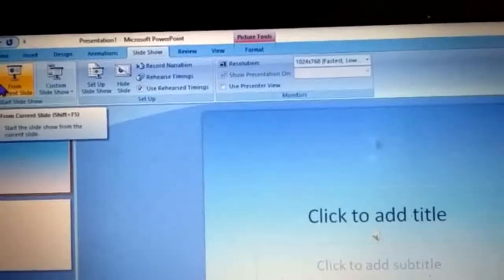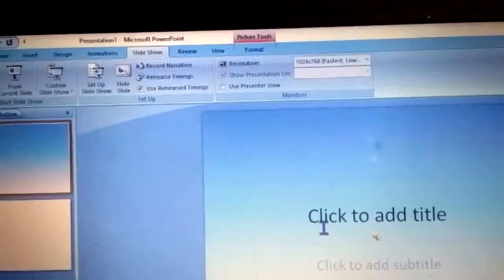Let me click on function F5. See, as I click on function F5, automatically the audio is being played. So this is automatically. Now we will learn about how to do it with when clicked option. Fine.